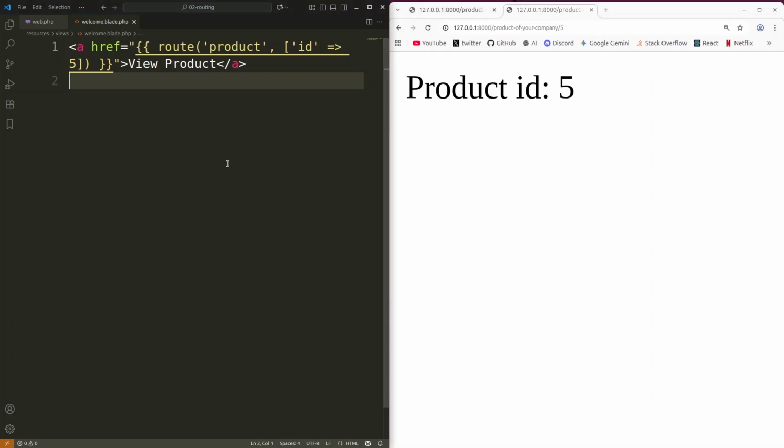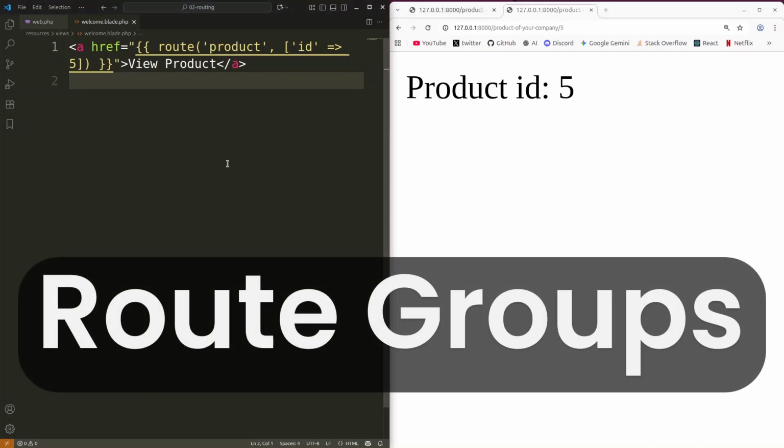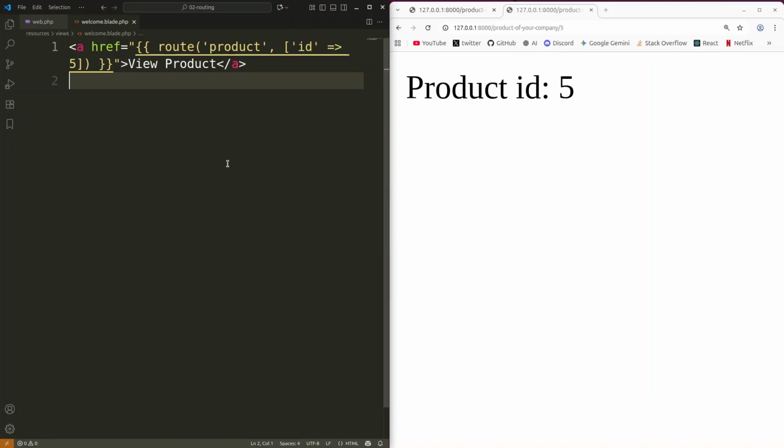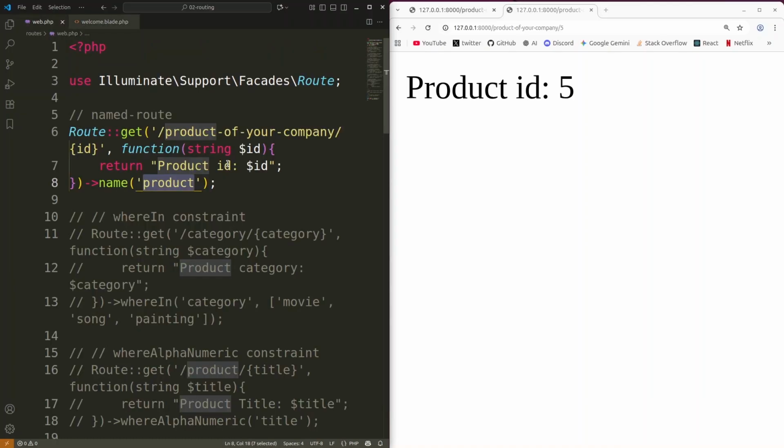Now the next thing you're gonna look at is route groups. Think of route groups as folders of your routes that help you organize your routes and apply common attributes such as middleware, prefixes, namespaces to multiple routes at once. For example, if you have admin keyword in various routes, let's get back in here and say if you have routes,